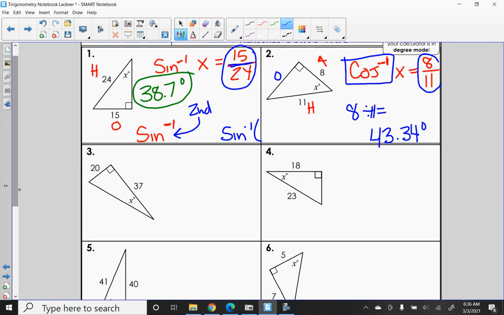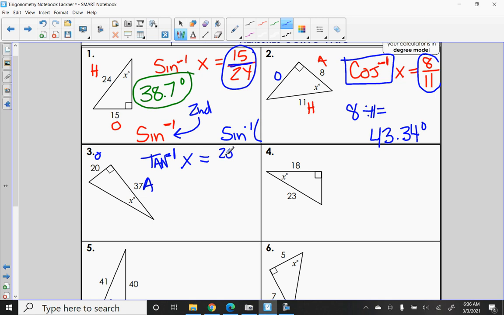All right, number 3. So over here is the opposite. This is the hypo. I'm not using the hypo. The hypo is blank. So this is adjacent, so this is going to be a tan. So tan, we're going to make sure we know it's our inverse. So that's supposed to be a -1 of angle x equals,